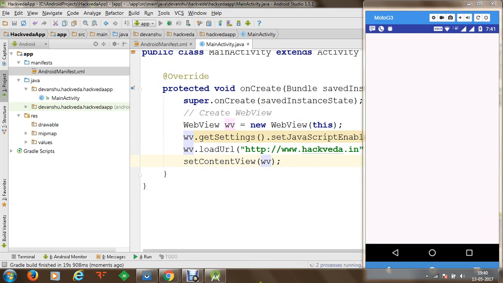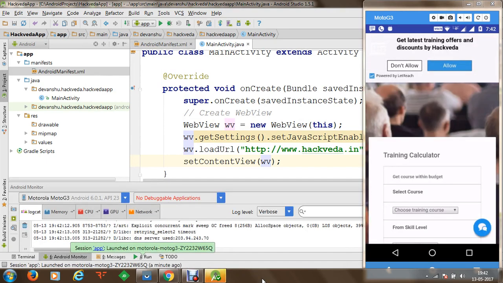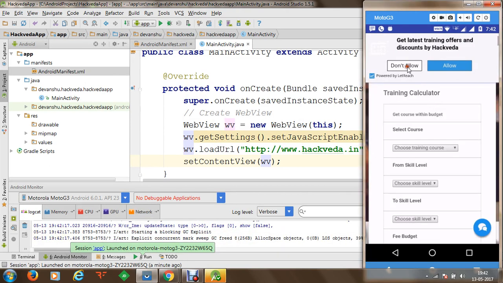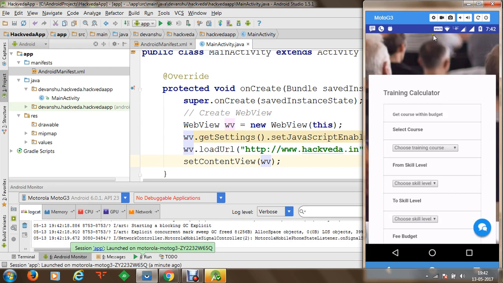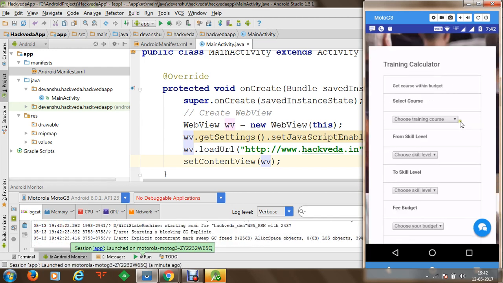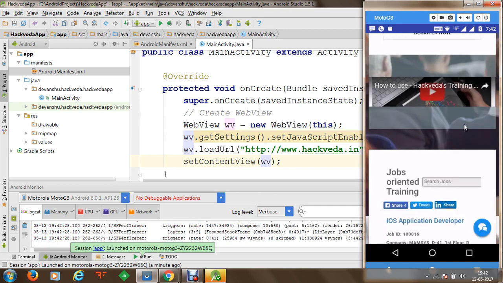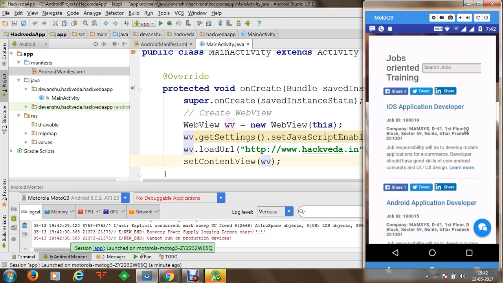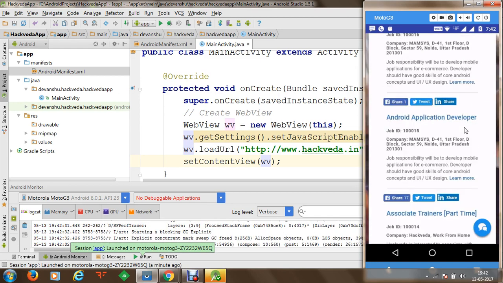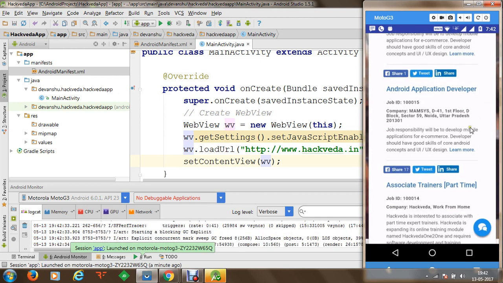Gradle has been building. So now you can see that the application has been loaded, and this has been loaded in my web view. So let's say if I click on don't allow somewhere here, now I can use my application here. I can go on any link, I can view my website. If my website is a mobile responsive website, then the content will be loaded from the internet and displayed as an application.